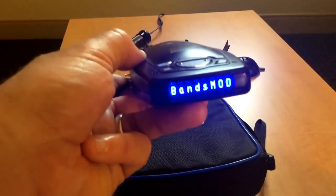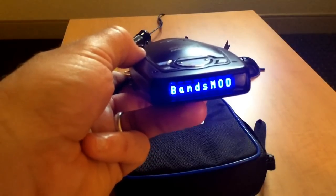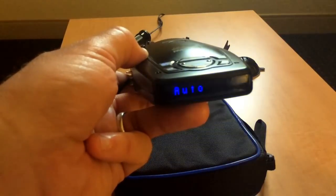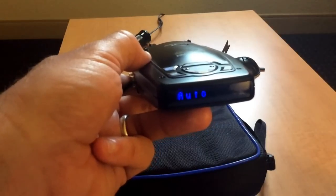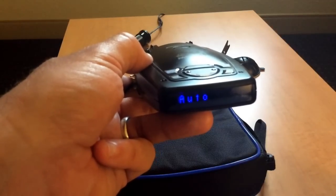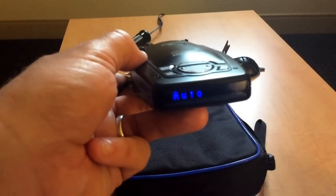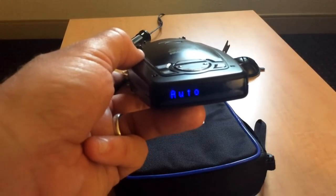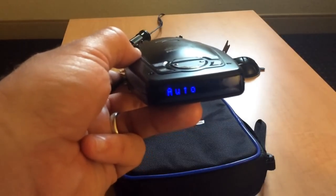Bands. Modified settings. Okay, so the bands and modified settings. What the bands and modified settings do: all right, so the bands here, default setting, it's going to alert you to all the different bands, right? Ka band, K band, just everything. That's the default setting. If you want to specifically turn off bands, then you're going to go to